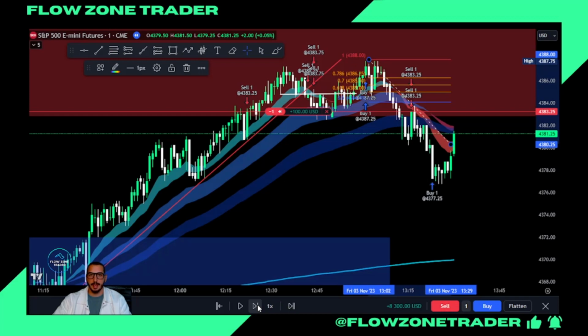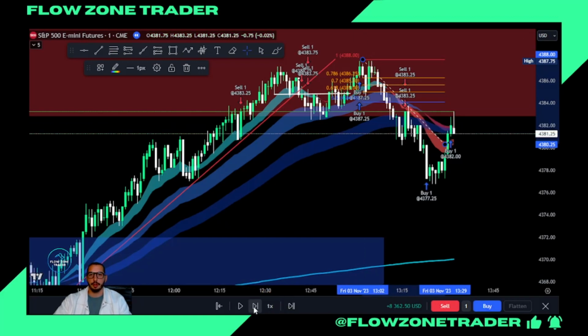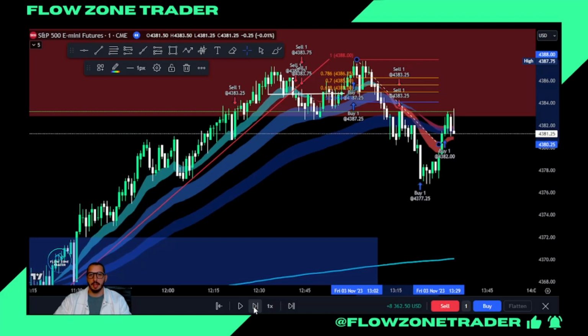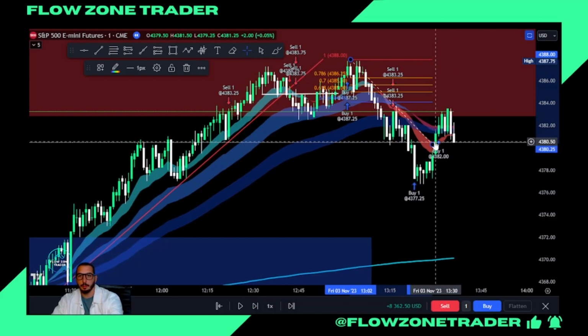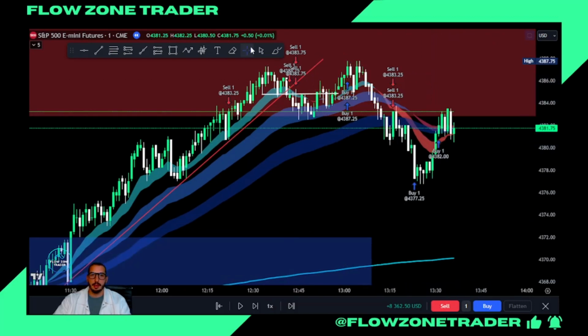I'd consider attacking that. I don't like the time of day being at lunch, and it's come all the way back up. Could argue that's a good short into there for the return, but not at this time of day for me. So taking that off, pretty much break even. If it does a bear flag breakdown, fantastic, but what I would be very cautious of here is time of day and the setup.